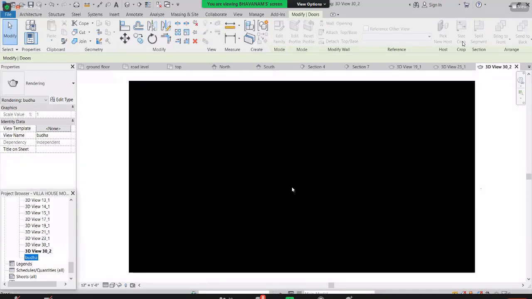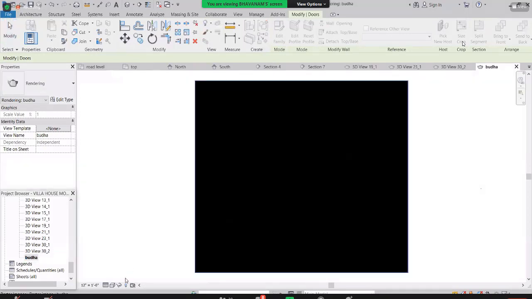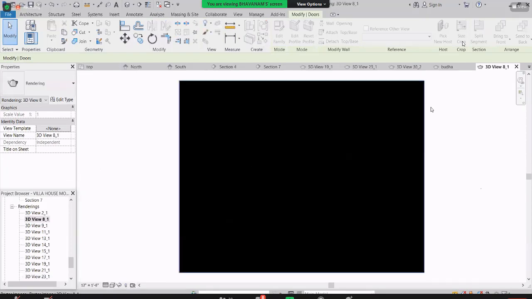Okay, let me show you that also. Fine, it's not wireframe, shaded. I think something is happening here, so that's why we are not able to see the render views. Okay, let me show you that also.